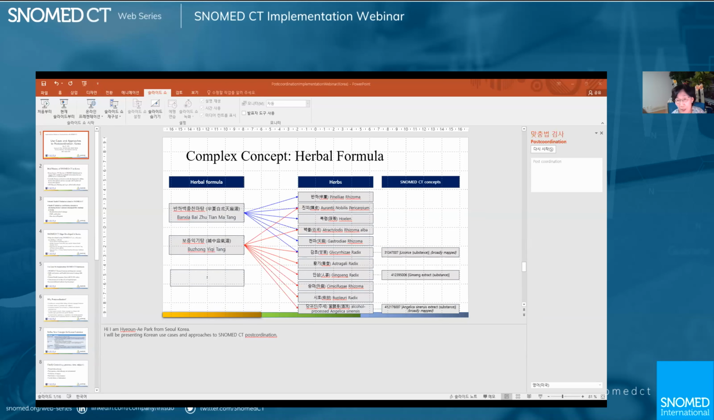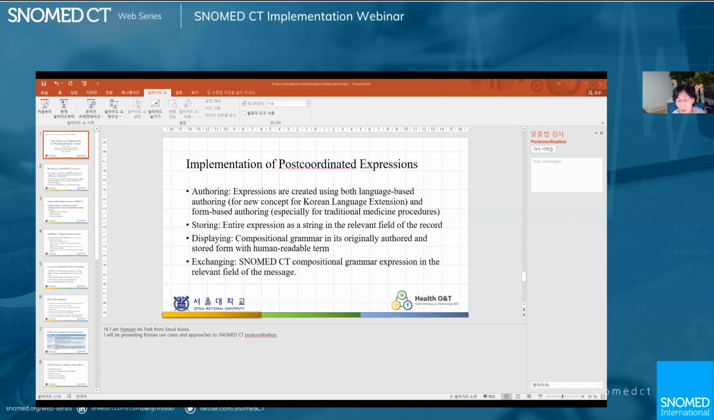And I have here herbal formula, which is very similar to symptom patterns. Herbal formula has more than one herb as a component, so it is easy for us to post-coordinate herbs to represent herbal formula. It's very complicated. Now I would like to move on to the practical and technical perspective, how we created, restored,